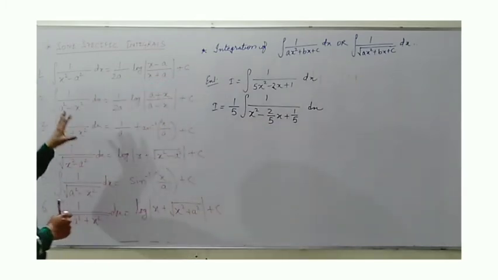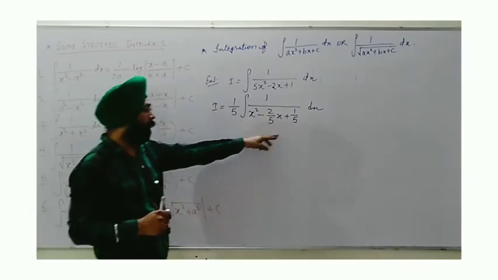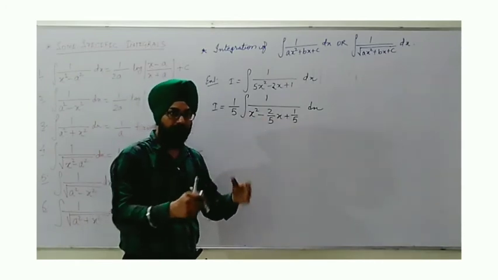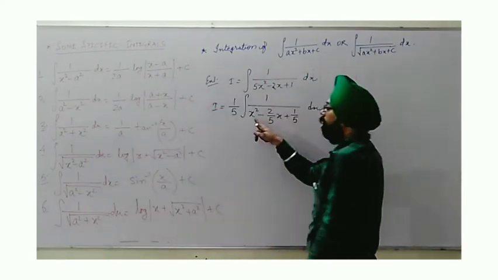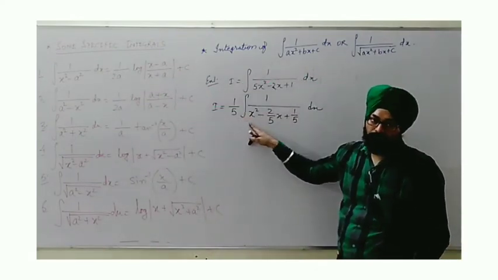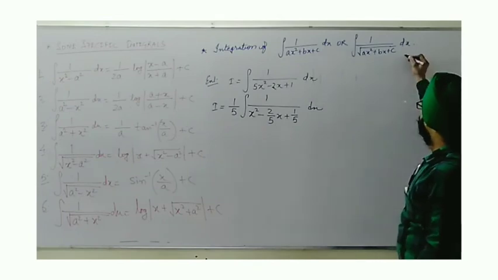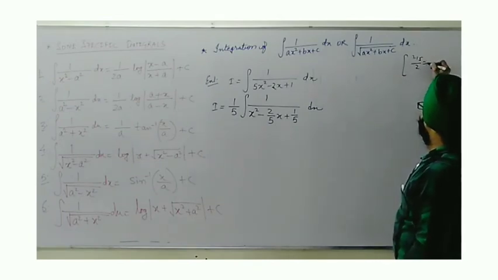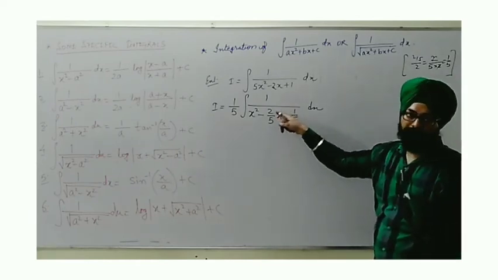Why? Because you see, here we have two terms, one of variable, other of constant. The same thing I am doing. Constant aside, these two terms we will complete as a square. What can we do? Next step, when you are done with taking the common factor, the coefficient of x square, see the coefficient of x now. It is 2 by 5. So in this margin work only, 2 by 5 divided by 2, if I do this, it is 2 by 5 into 1 by 2, we get 1 by 5. So whatever we have worked out here, always the coefficient of x should be divided by 2.